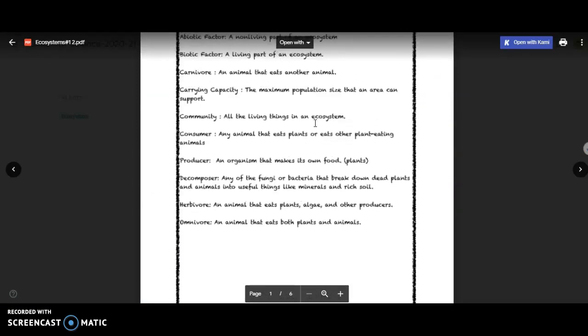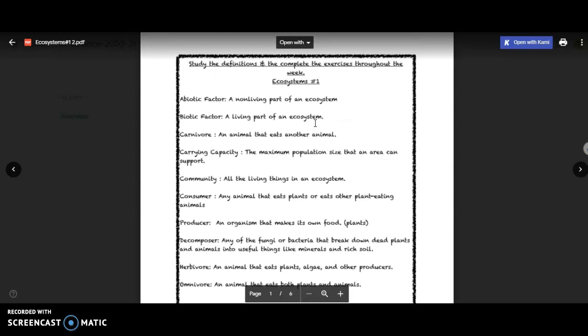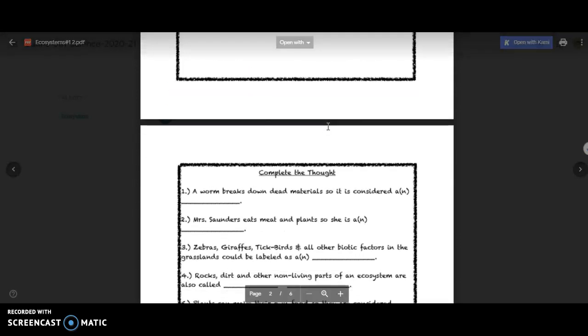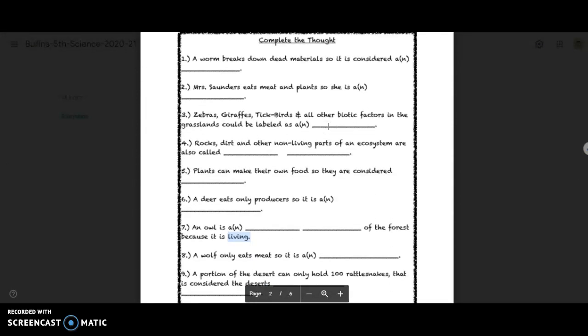Here's all the vocabulary words for this week. We have over 500 vocabulary words that we will learn in science just this year alone. So here's vocabulary words, and then these down here are just practice. This is not something you're going to turn into me. The kids can write these in their notebook to get extra practice